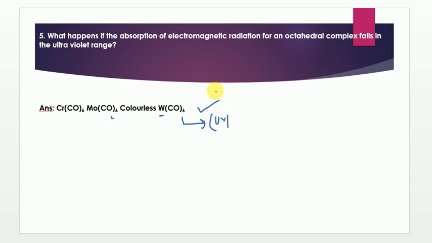And as we know, if a sample absorbs light from the entire visible region, it appears black, and if the sample absorbs no color from the visible region, it appears white. So that's why you can write the answer: those compounds which absorb in the UV region, outside the visible region, usually exist in white color.